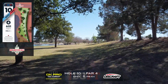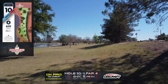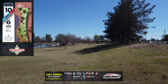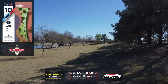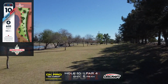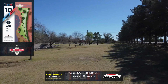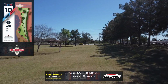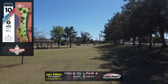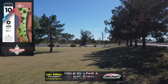Speaking of difficult holes, hole 10 is pretty difficult. I mean, it is a par 4, but it's 651 feet. There is a Mando to contend with right off the tee. Also pretty low ceiling, as well as a hillside on the right side. So it's easy to kind of burn one into the hill, but really we're just looking to keep something like a driver a little higher, even maybe a mid-range if you want to stay a little straighter, and try to get a lot of distance off the tee, and then also have another big shot on your second shot up